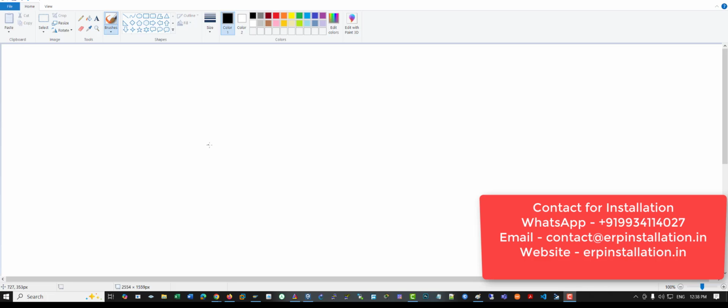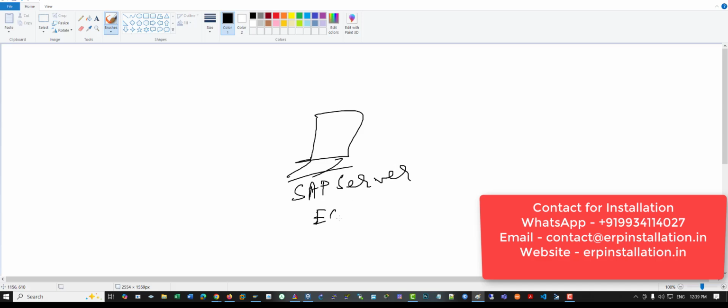However, you can contact me for setting up your own SAP remote access server. It can be SAP ECC6 or S/4HANA, both are possible. For example, this is your SAP server. It can be an ECC6 server or it can be S/4HANA, and